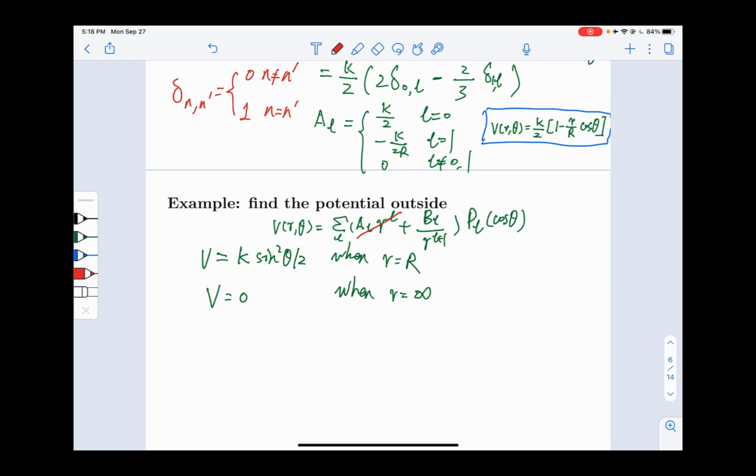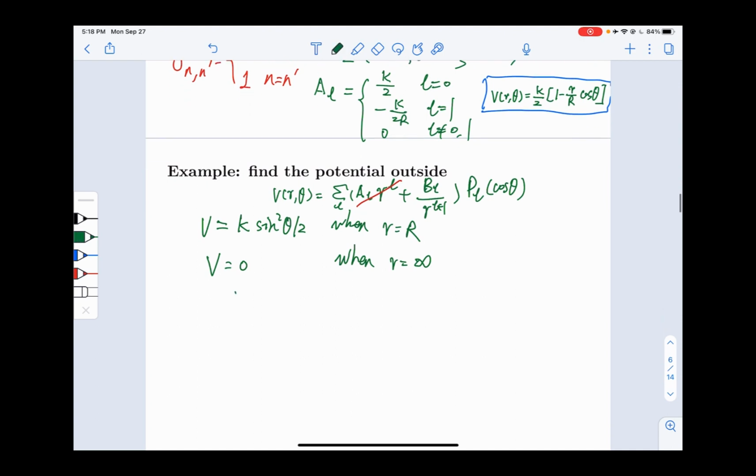So in this problem, we simply ignore this AL, and if we are looking at the potential outside, we can simplify our solution to be